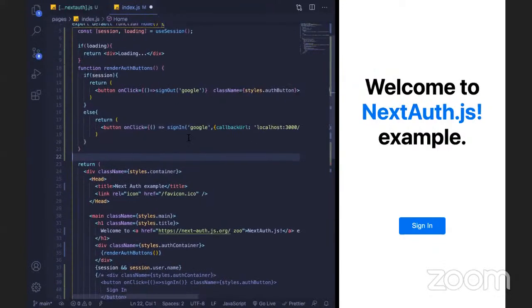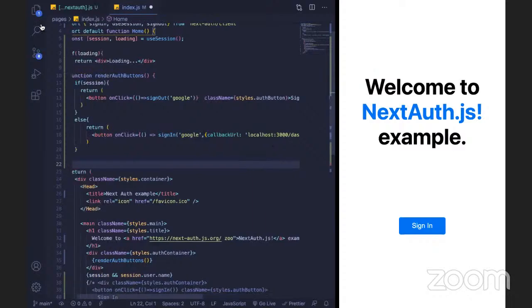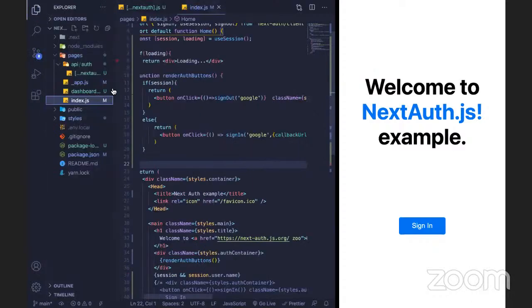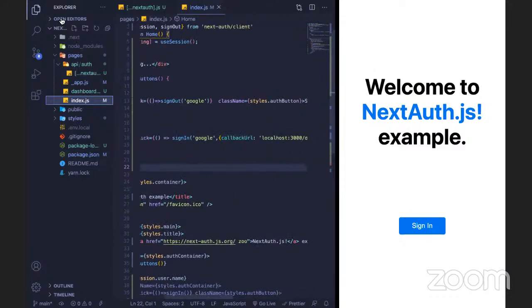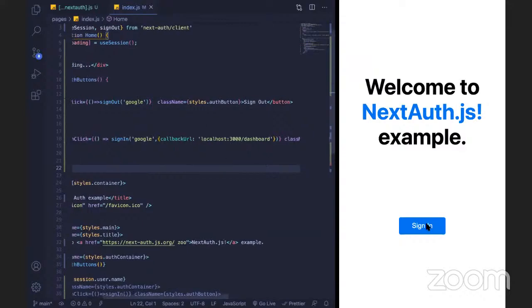So I want, after logging in, my users to go to dashboard. I have already created a dashboard page in my application. So I just want, whenever user sign in gets completed, the user to be redirected to this page. So if I click on sign in,